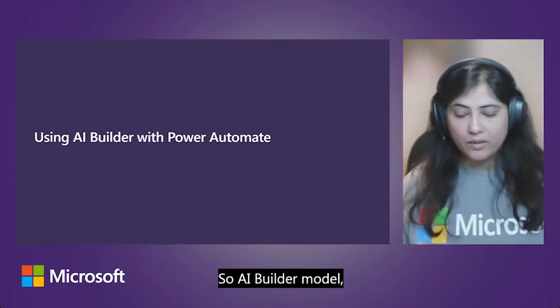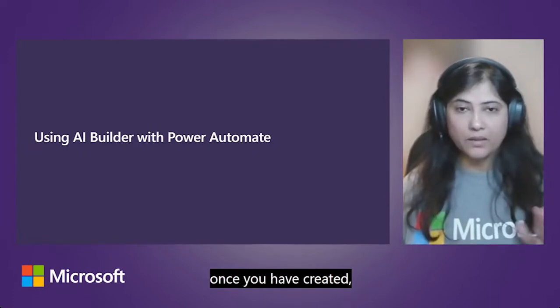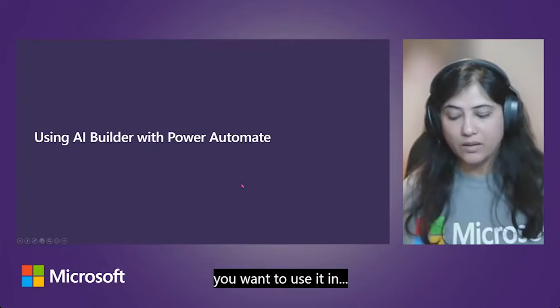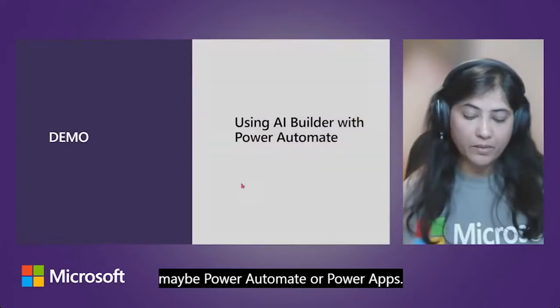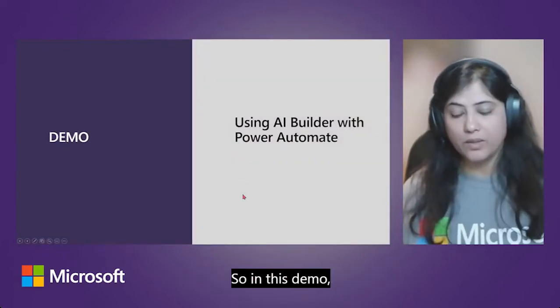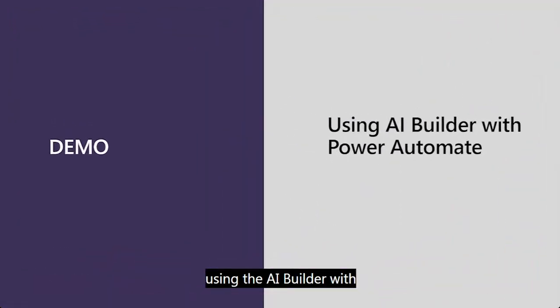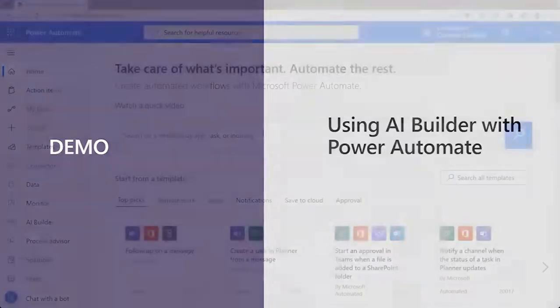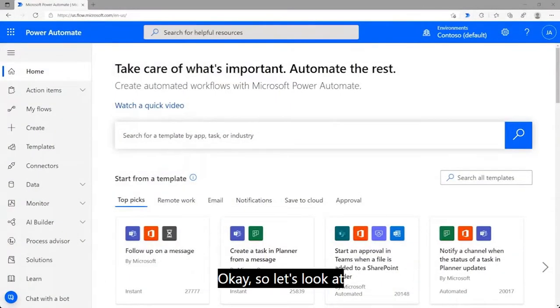So once you have created an AI builder model, you want to use it in maybe Power Automate or Power Apps. In this demo, we are going to look at using the AI builder with Power Automate. Okay, so let's look at how we can create an AI model. In this demo, we are going to create one AI model